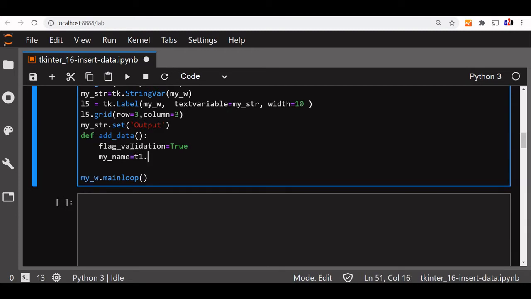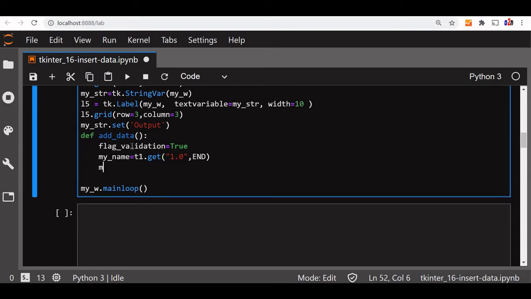This is a text box where the user enters. t1.get, starting from 1.0, the first character, till the end, whatever the user has entered. This is how we'll get our input from the name component.